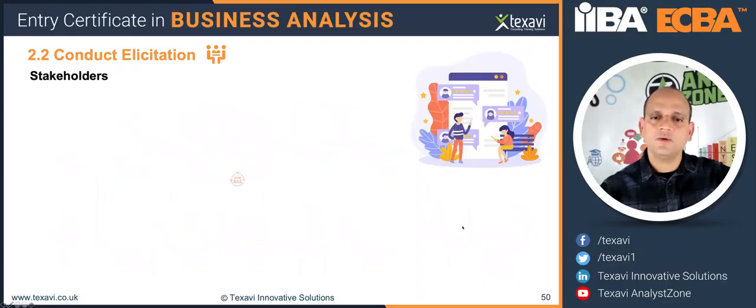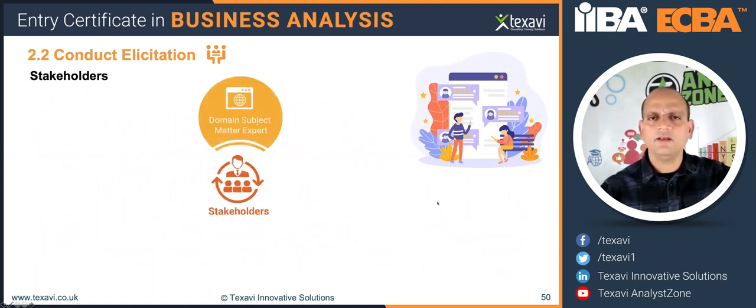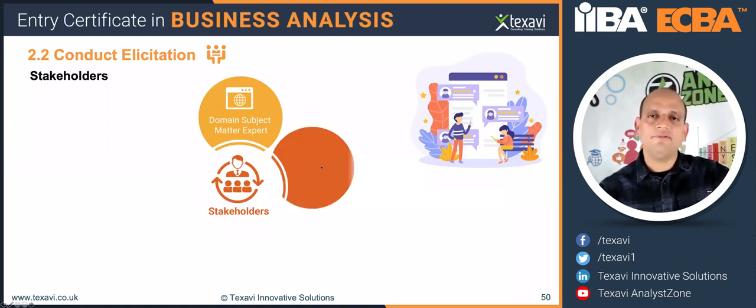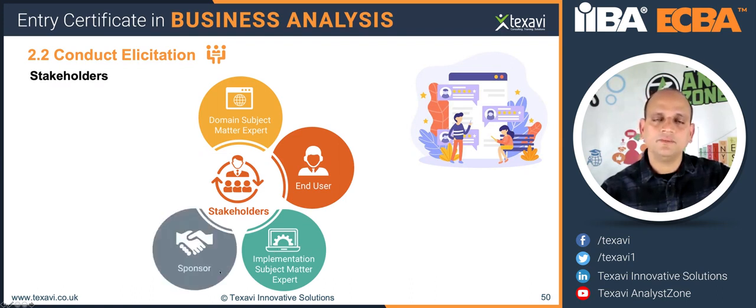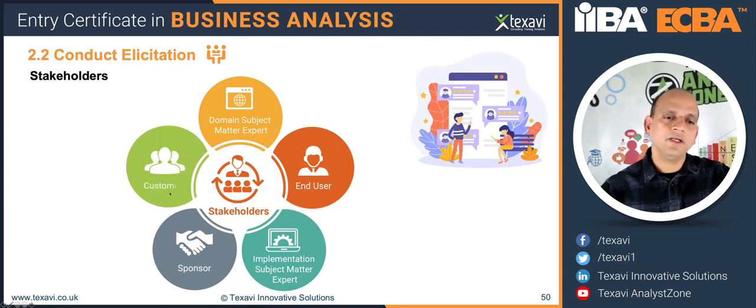Let's look at what we would do in terms of the stakeholders we would engage in this activity. There are so many different types of stakeholders, internal and external. Obviously, for the framing of this, or deciding which technique is better, we would have to have the SMEs, the end users. The implementation subject matter expert comes into the picture for the solution space, or ideas to come up with a better proposed solution. The sponsors give their views, the objectives and the expectations for the program, and then the customers